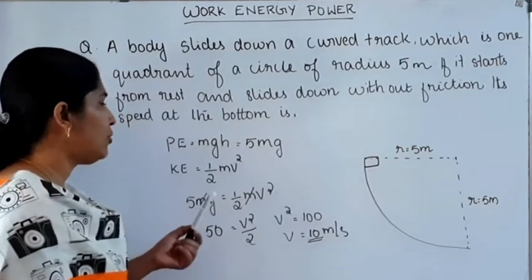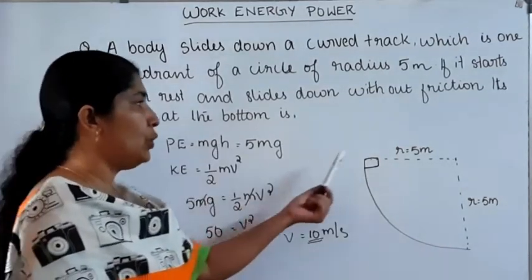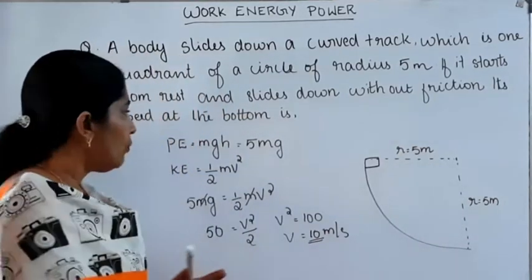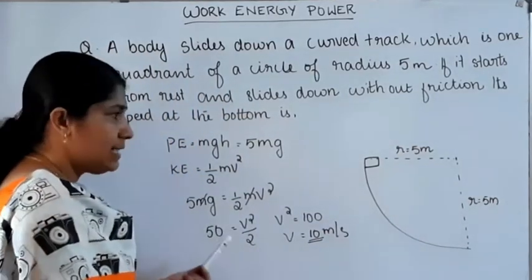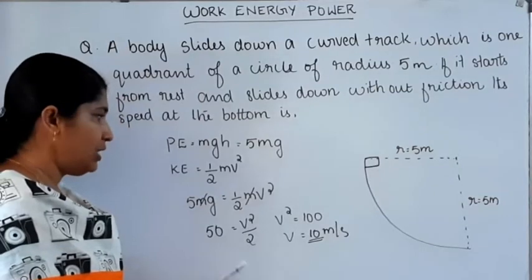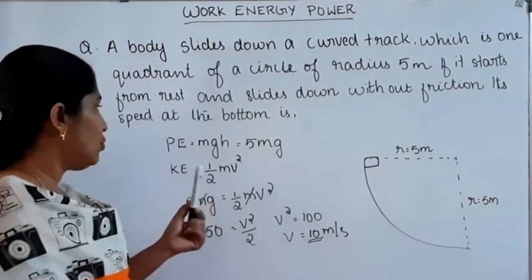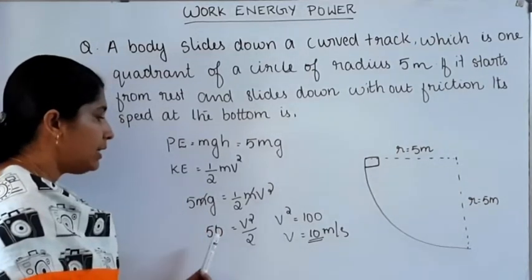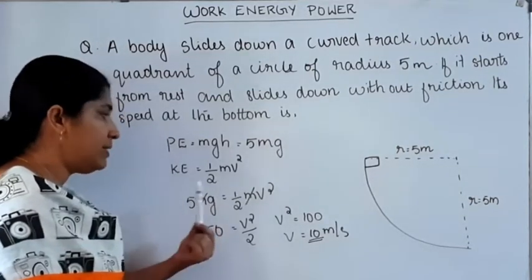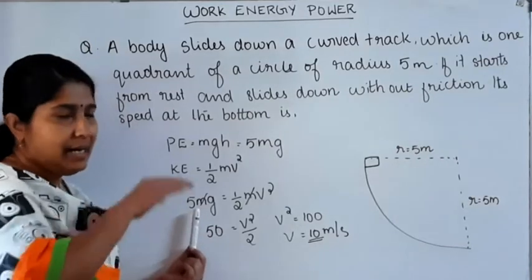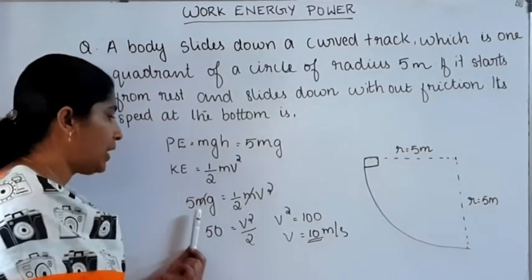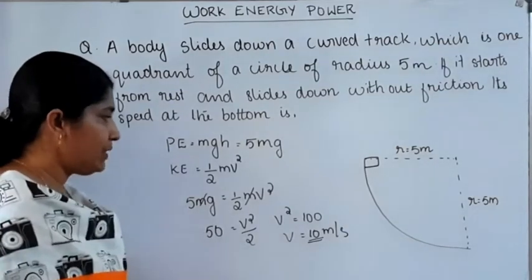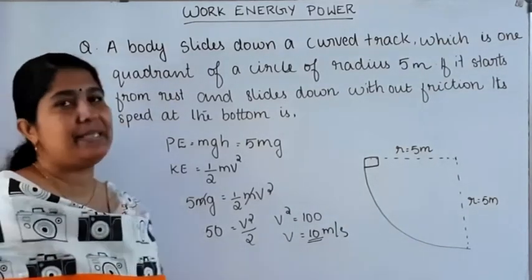Okay, it's a very simple question. Potential energy stored here is converted into kinetic energy at the bottom. Now we can equate that, based on the conservation of energy. So we can equate the energy. Kinetic energy at the bottom is equal to potential energy at its height. Now on substituting the values, we got the answer as 10 meter per second.